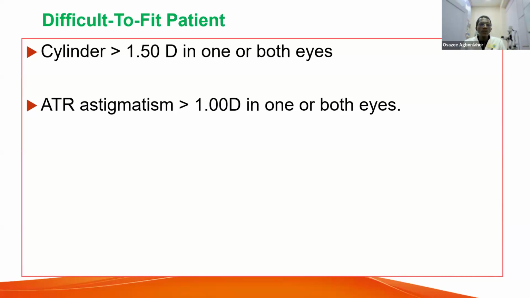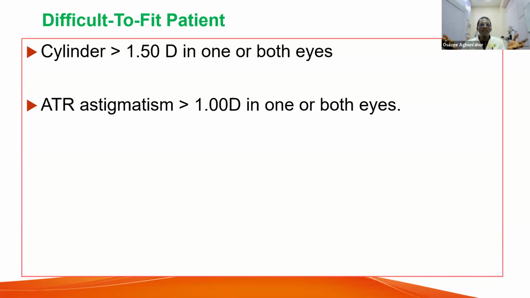So for the against the rule astigmatism, I was saying that the steeper meridian is on the 180. And for contact lenses, particularly for toric lenses, there is a tendency for the contact lens to move faster in the steeper meridian, or towards the steeper meridian. What do I mean by that? Just imagine you have a flat surface and a steep surface and you put a ball on the flat surface. Now you notice that the ball will move more on the steep surface. Is that not so? So it is likely for the contact lens to move in the direction of the steeper